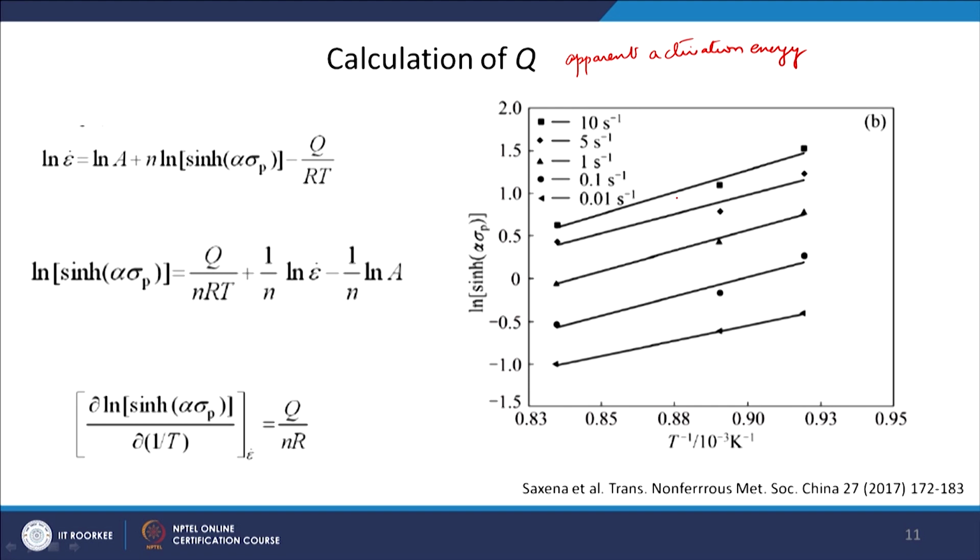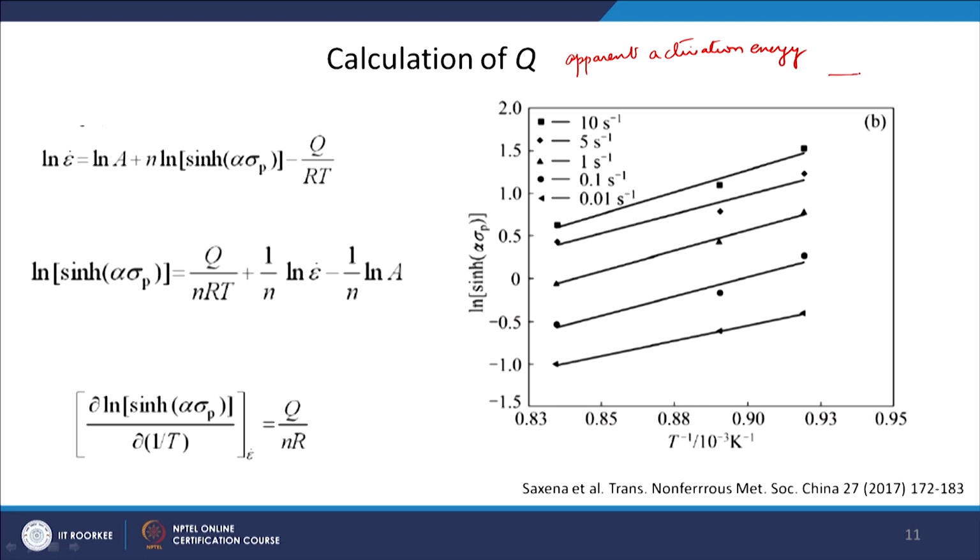If you want to calculate a more accurate activation energy, what you should do is, when you are deforming at a strain rate, let us say 0.1, during the deformation itself you change the temperature. Because then the microstructure has not changed so much during a very short duration. So, basically you deform at one temperature, change the temperature, deform, bring it back to the same temperature again, maybe go below and so on.